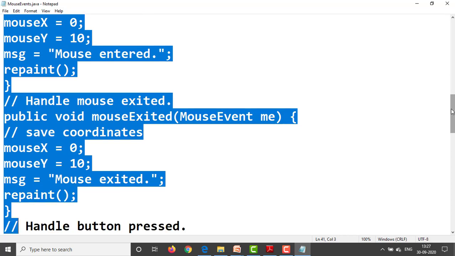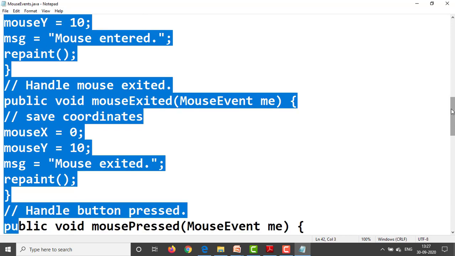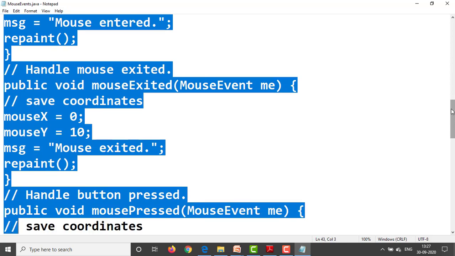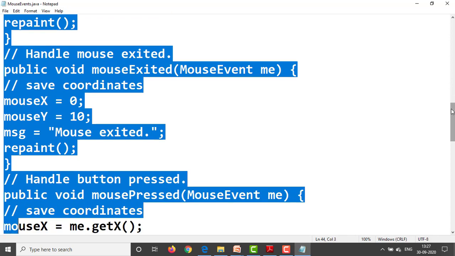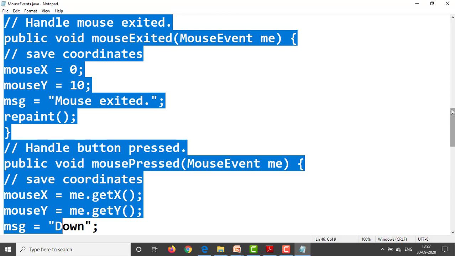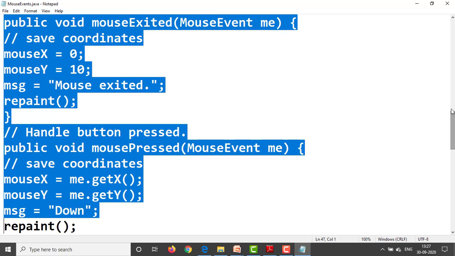Next, handle button pressed, mouse button pressed: public void mousePressed(MouseEvent me) { Also save its coordinates: mouseX = me.getX(); mouseY = me.getY(); where we are pressing, those points we need to pick. For that getX and getY methods are used, and message, here we are pressing, then message is "Down", repaint,